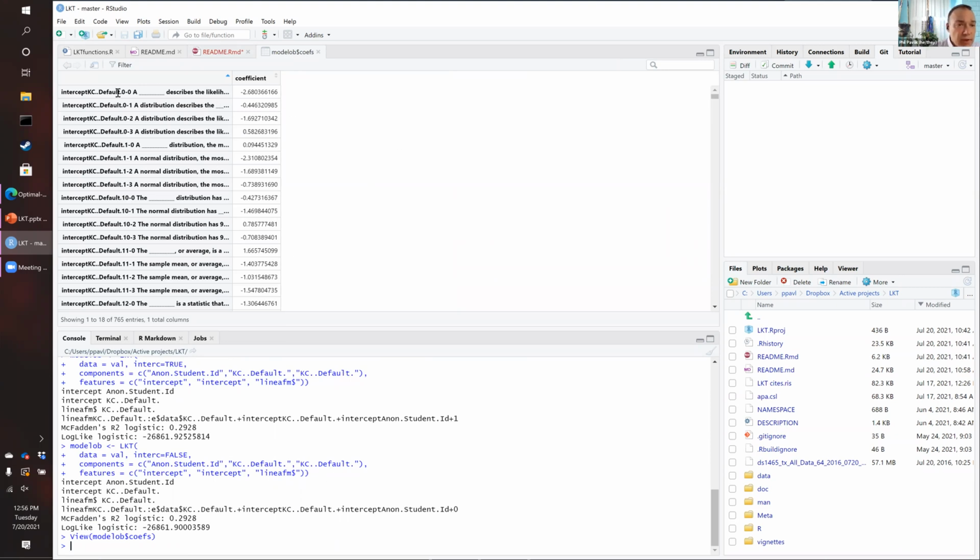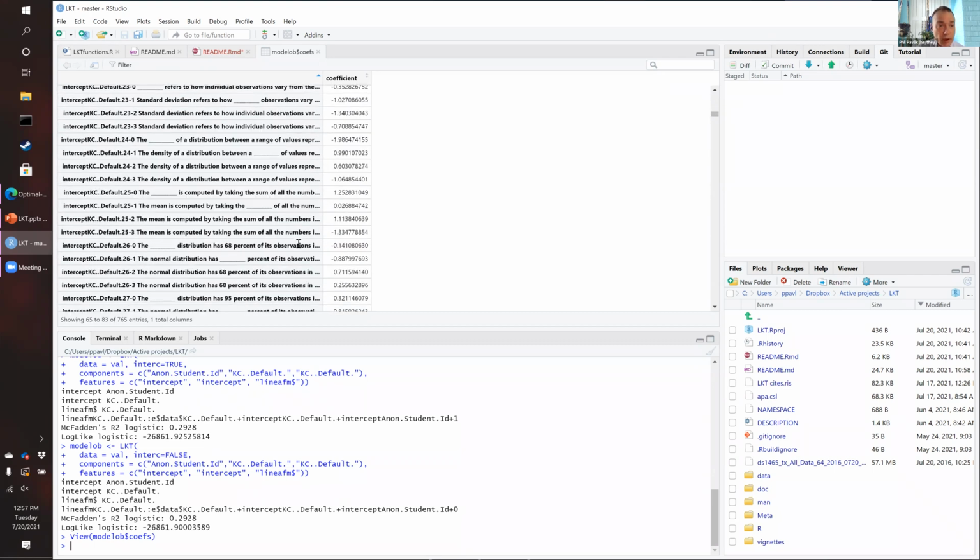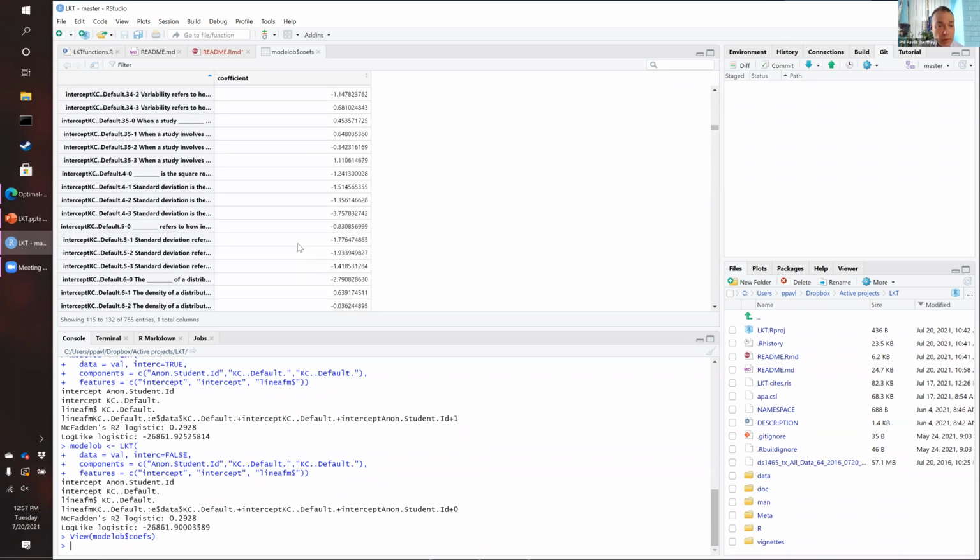And so here we can see the intercepts for the KCs, and I kind of breezed over it earlier, but these are fill-in-the-blank sentences. Each fill-in-the-blank sentence has 4 different fill-ins, and so they're kind of grouped. There are 18 sentences, each with 2 versions, each with 4 different items taken out of it. And so you can see the difficulty, like this one here. This first one is a negative 0.26 coefficient, so it's quite difficult. We can scroll down,